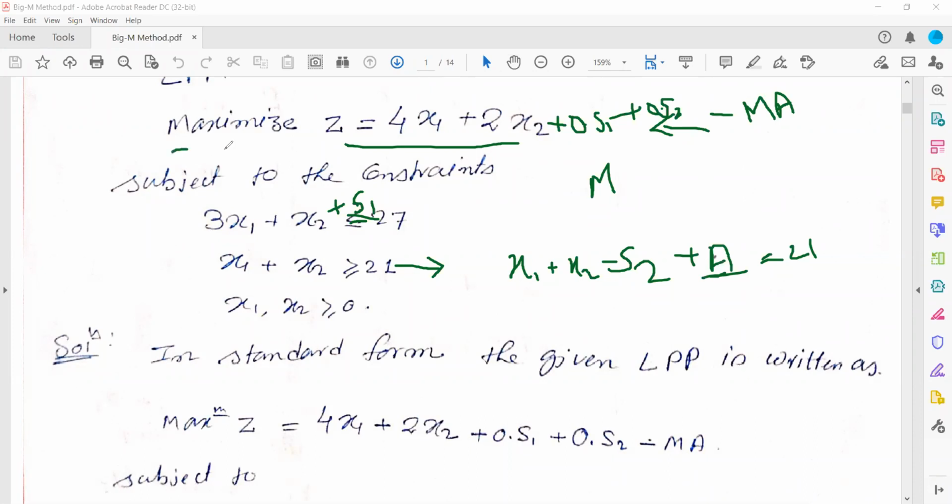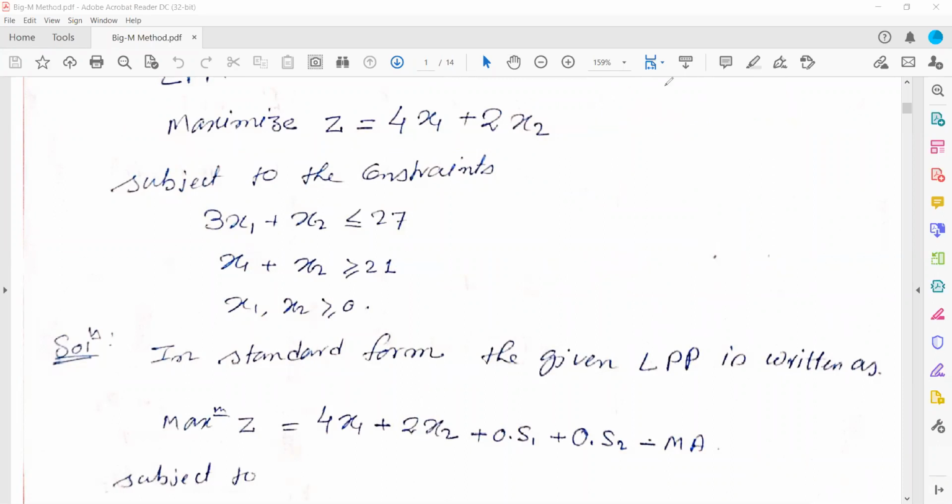When the problem is of maximization, then you need to subtract. And if the problem is of minimization, then you need to add. So that's why I told you, you follow one process. Just learn the process of how to solve the problem of maximization. And if the problem is of minimization, then you multiply the objective function by a negative sign, and that minimization problem will change to maximization. Then there will be no change, so it will remain as minus M into a. This M is the penalty to the artificial variable, and the value of M is very, very large. It's a big number.